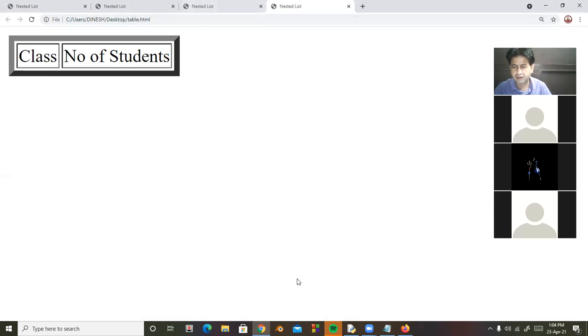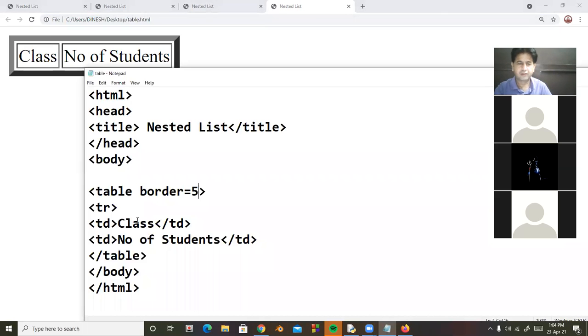Now, if I want to make another row, first I will close the previous TR, and then I start the row again. Here in the first TD, I take class, suppose 8th, then close TD. TD of all the rows must be the same.